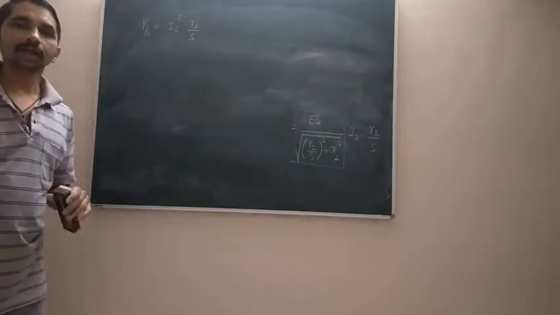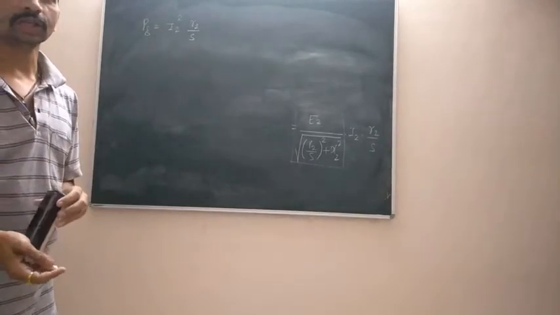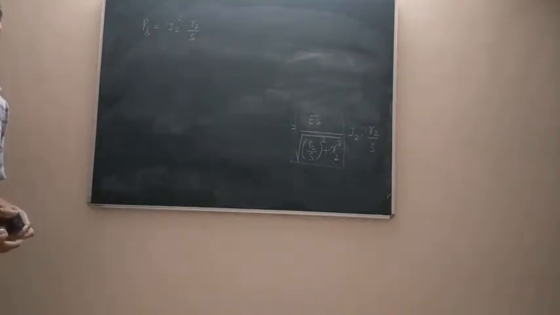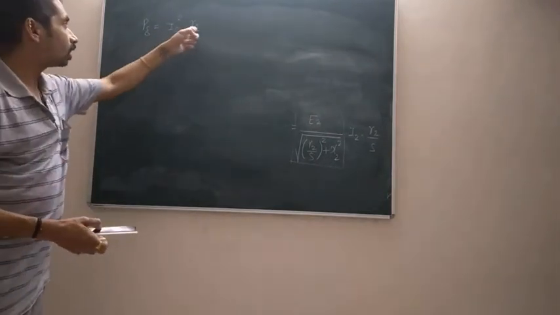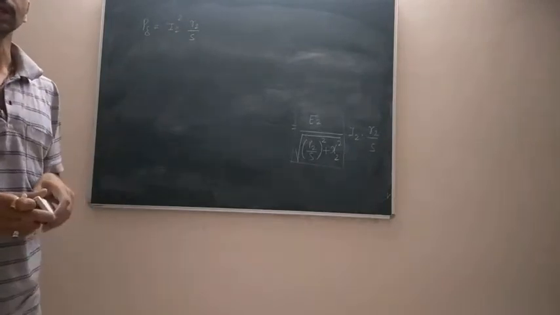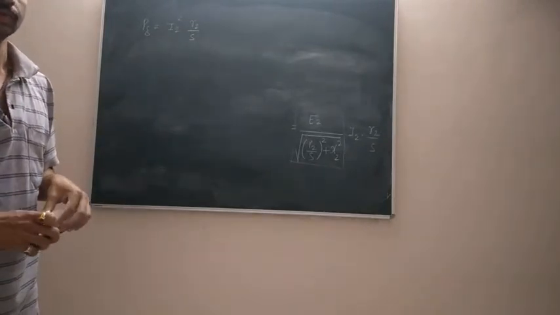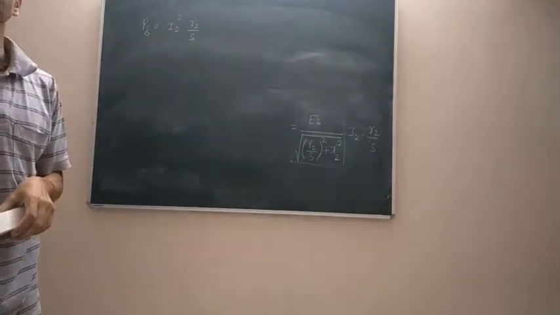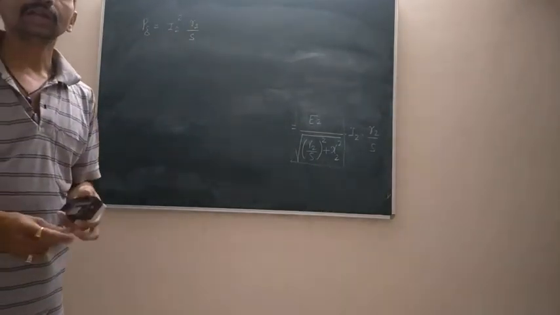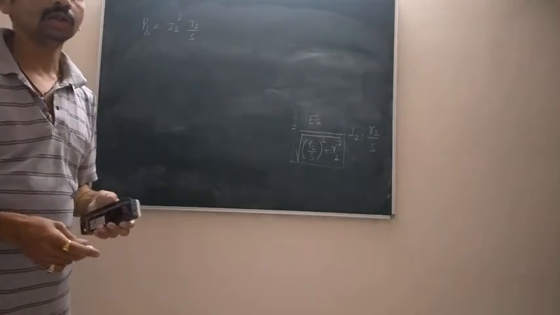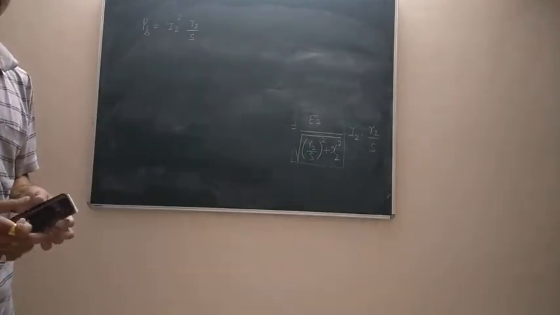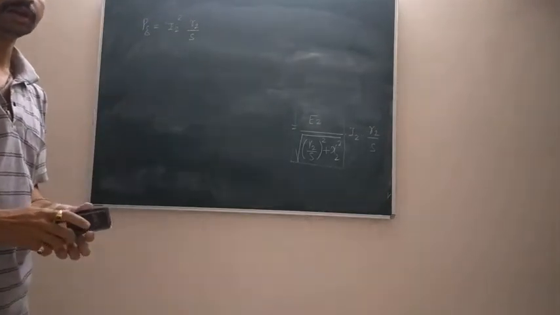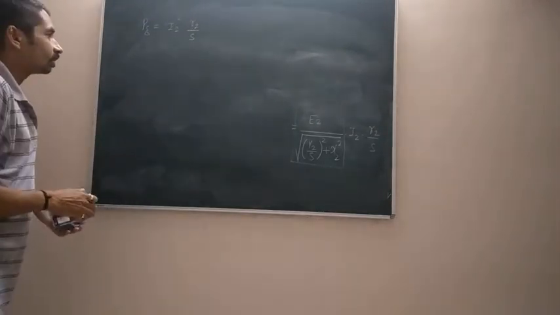So this is an alternative expression that we have found out for the air gap power in terms of the rotor current and the rotor resistance. Remember, all the symbols that we mentioned at the beginning are expressed on a per phase basis. So if you calculate the air gap power by this formula, you are going to get the per phase air gap power. But while calculating the values for a numerical, we have to calculate the values on a 3-phase basis. This idea will get more clear when we start actually dealing with the numericals. So let us continue our discussion further.